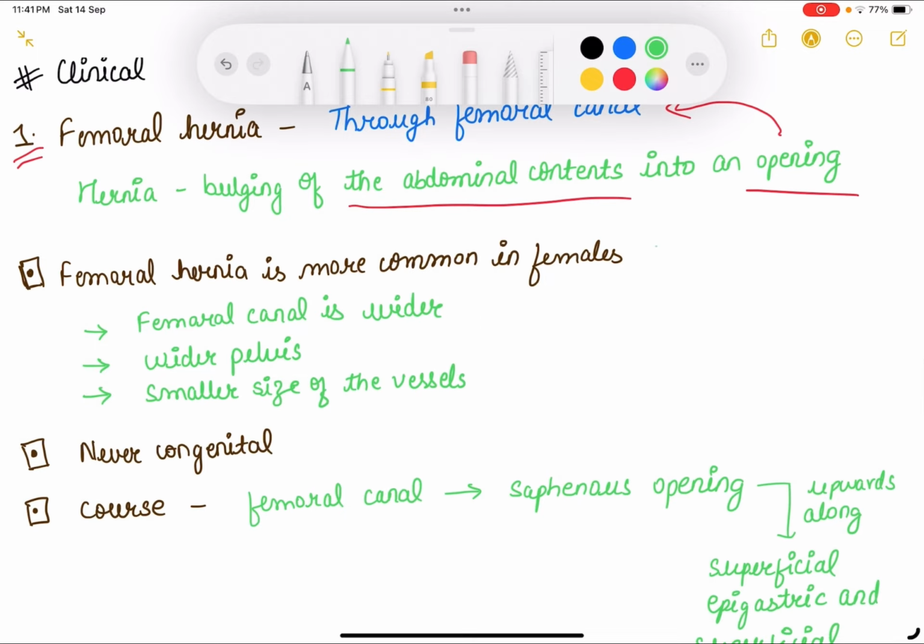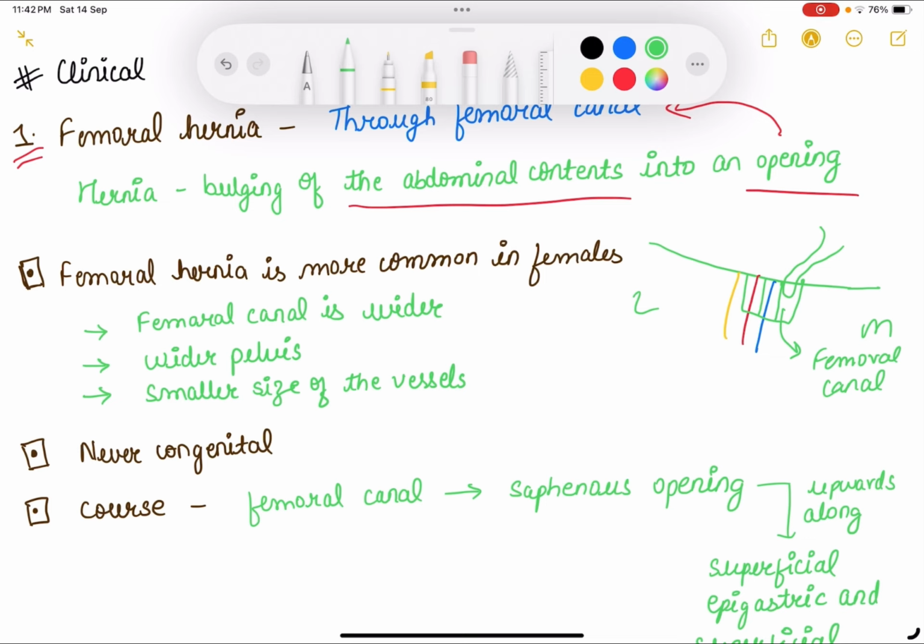So this is the inguinal ligament. This is our femoral artery, femoral vein and the femoral nerve. Okay, this is the femoral sheath and the three compartments I told you about in my previous video. This is the medial side and this is the lateral side. So this medial compartment is our femoral canal. Now it is very easy for the abdominal contents to loop out into this canal and this will cause the